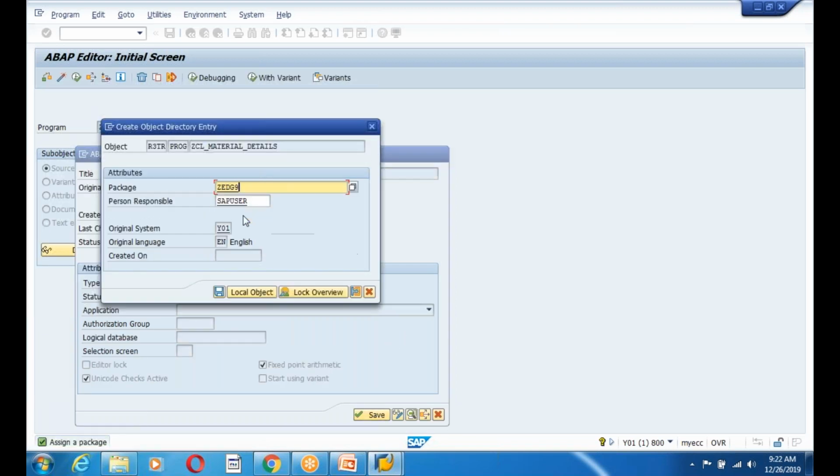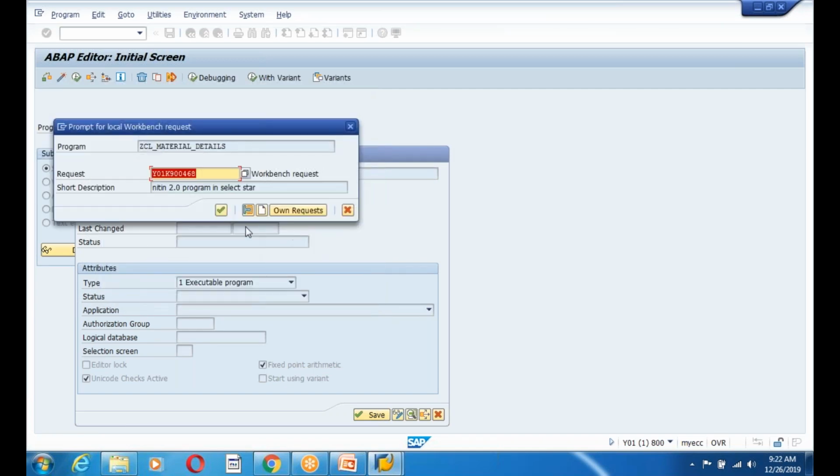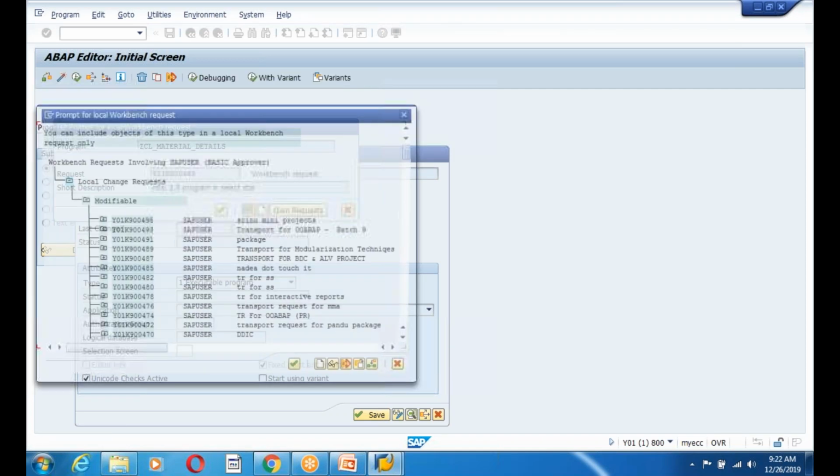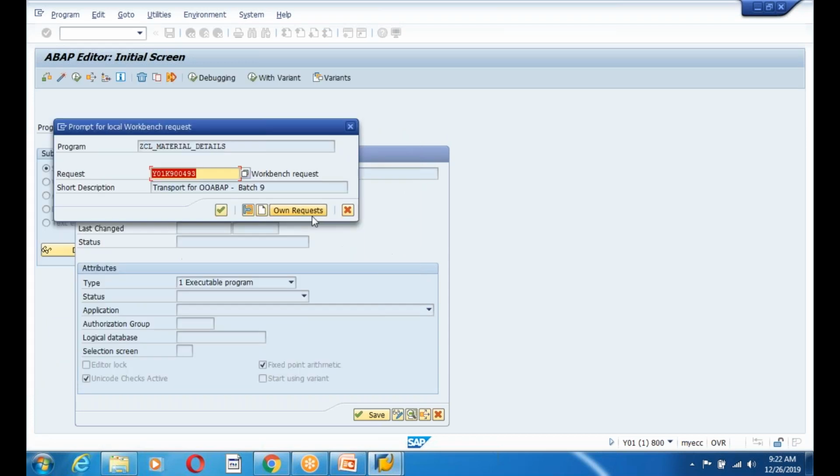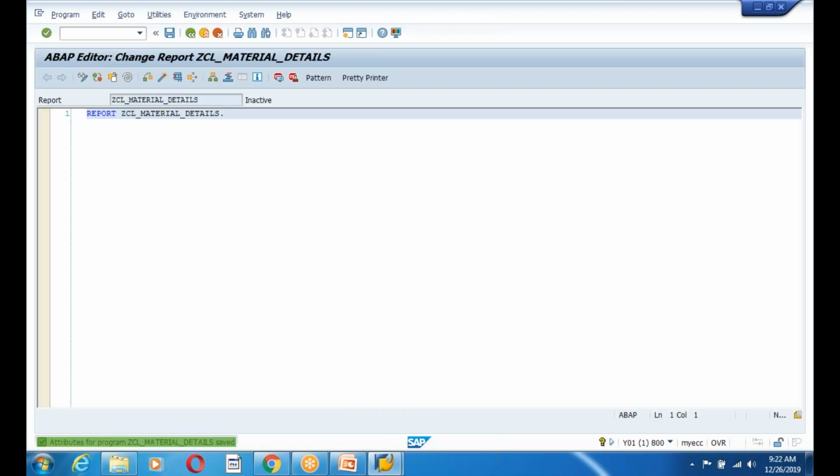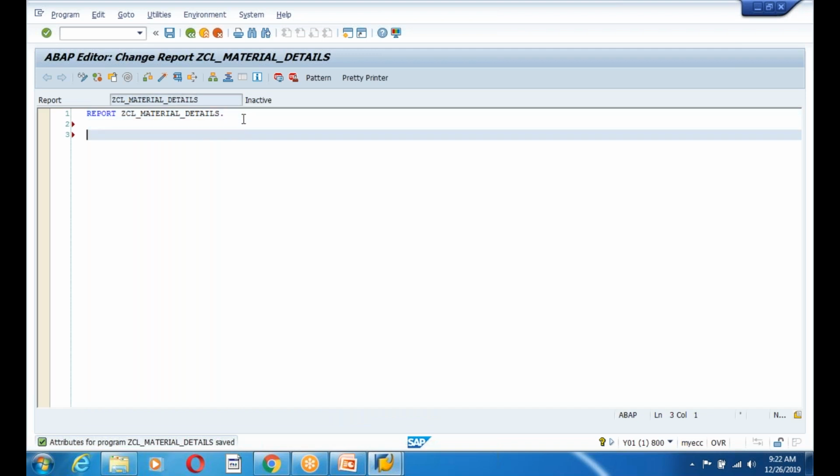First, object orientation. Okay, when I am talking about material, my input is material, P underscore MATNR, and type of